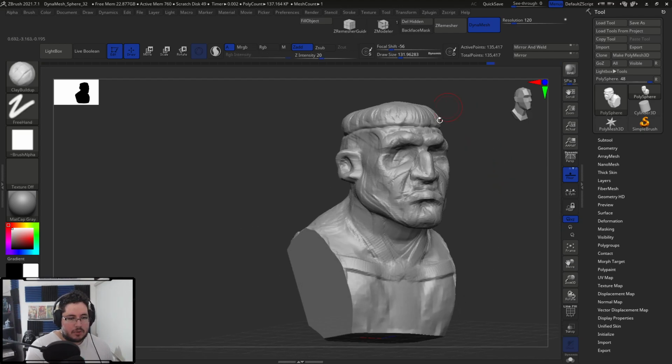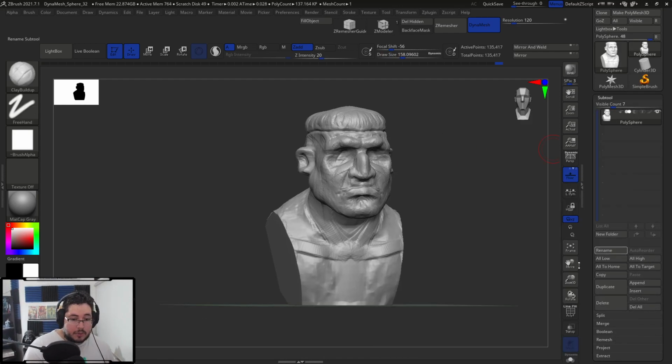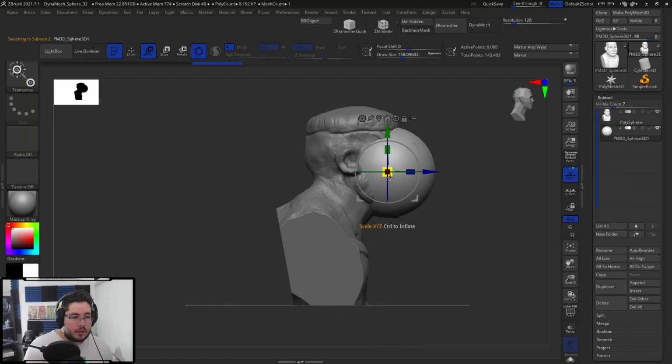So there we go. I do want to give him, not super cartoonish, but a really strong jawline right here. There we go. Let's place the eyes. The eyes are definitely going to help with everything here. So I'm going to append, grab his sphere, and